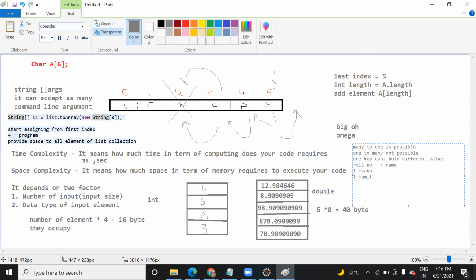Generally, yes. In this case it won't be able to, this is a contradiction. That's why I'm saying one to many is not possible. Means one key cannot have many values.